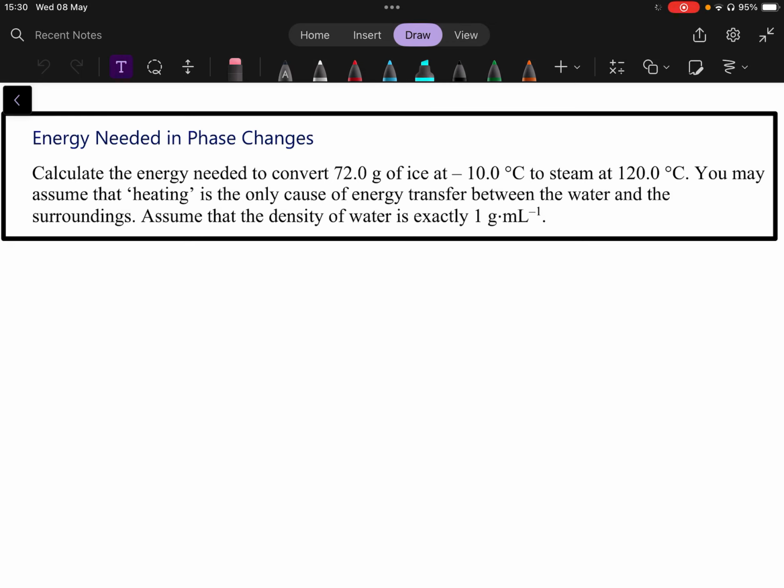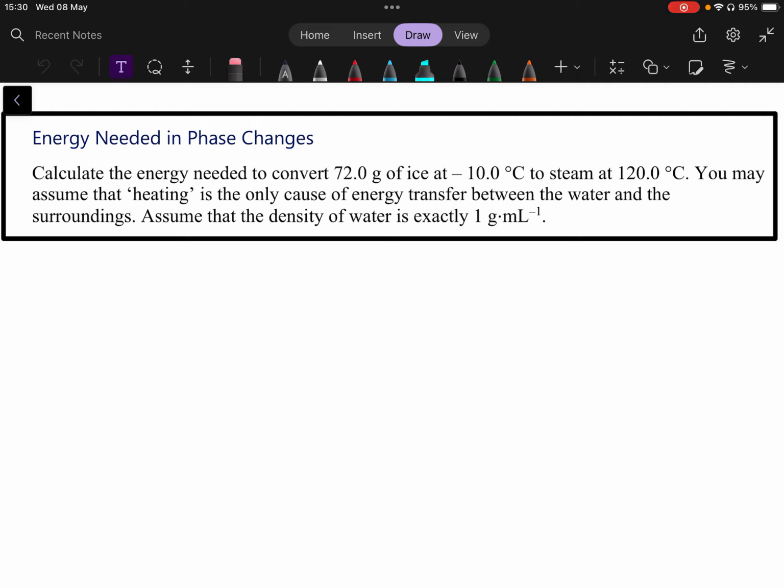All right, welcome to this example. In this example, we're going to look at how phase changes and heating go hand in hand and how we can calculate the energy required to heat a block of ice to steam, in other words, water vapor at a